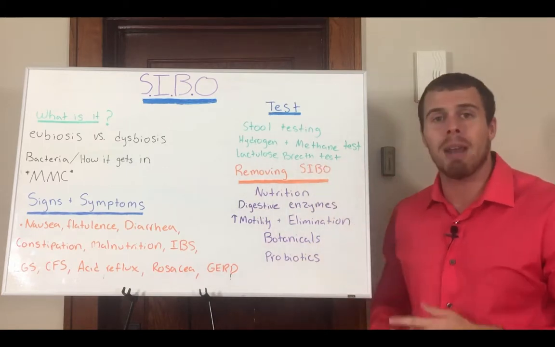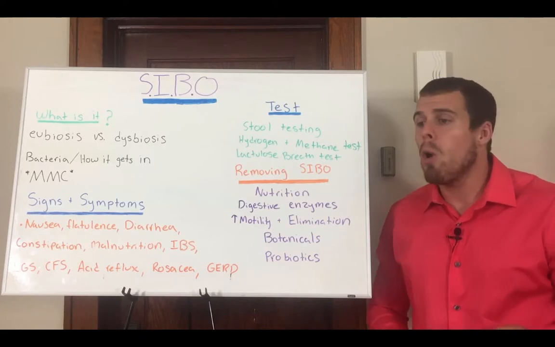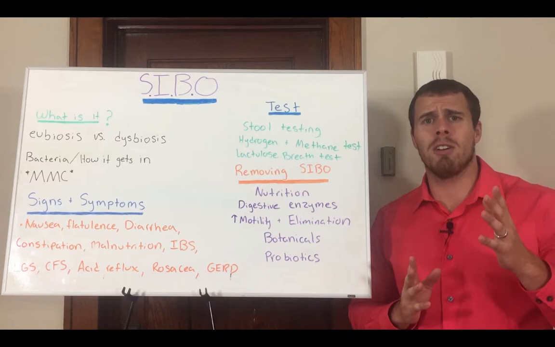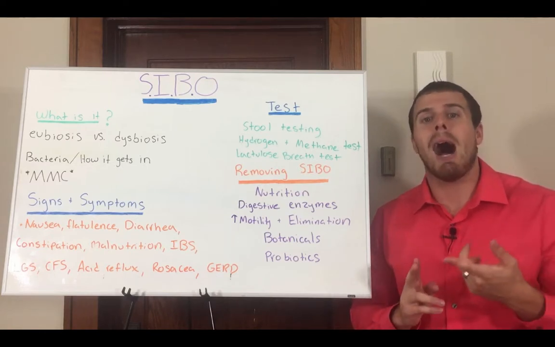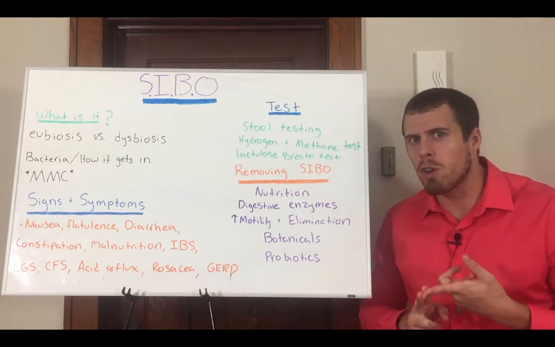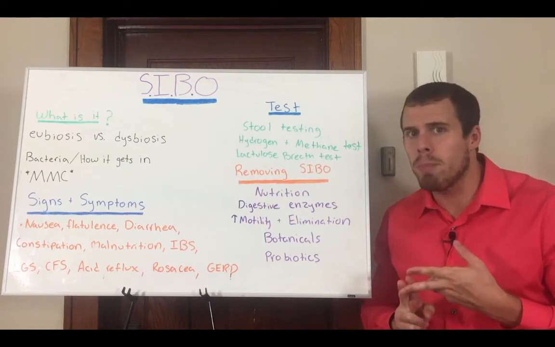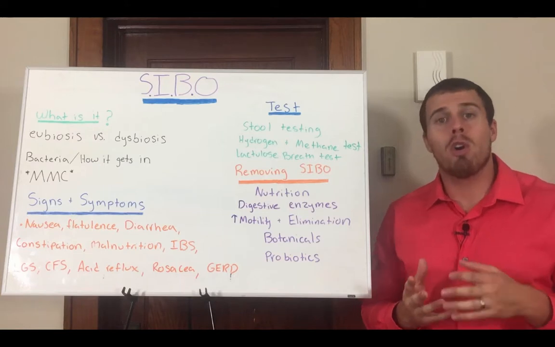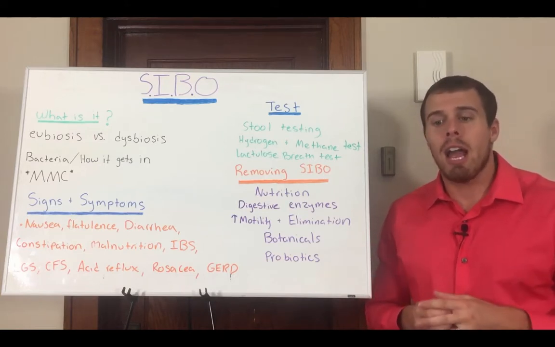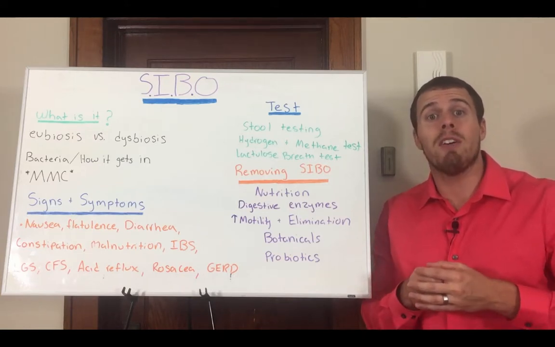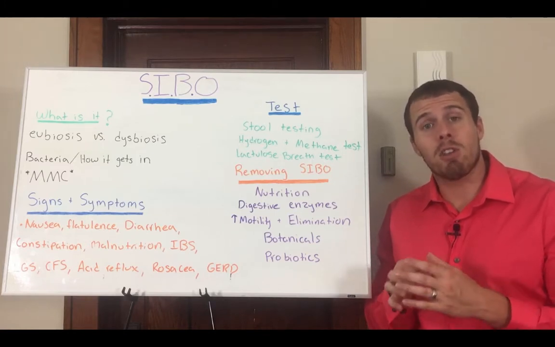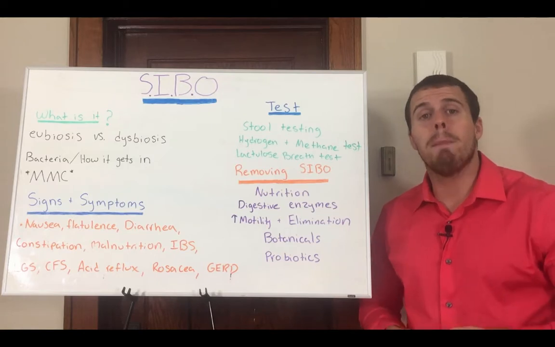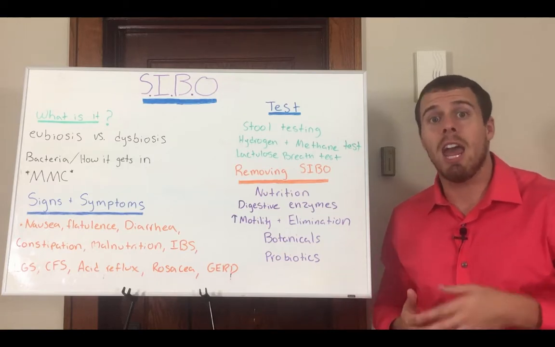And how does this happen? How does this bacteria get up there? Well, when we're talking again about that ileocecal valve, the ileocecal valve can be influenced by how much the food's broken down. It can be influenced by vagal tone, and it can be influenced by our pH balance. So if any of these factors are off, it's going to cause the ileocecal valve to not close properly. And if it's open, we're going to have that bacteria from the large intestine migrate up towards the small intestine